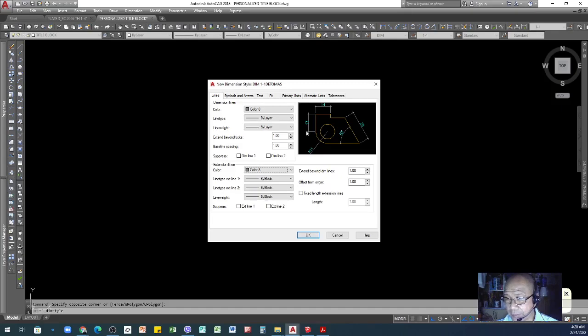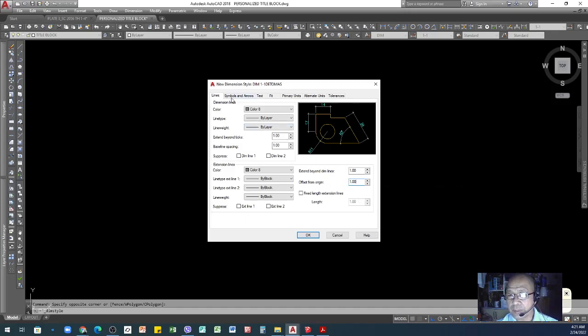It's an extra line basically. Then offset from origin: this number is the distance of your dimension line from your object. You can see that the dimension line is not touching the object, so that is the distance. If you want to make it further, you can increase this number.